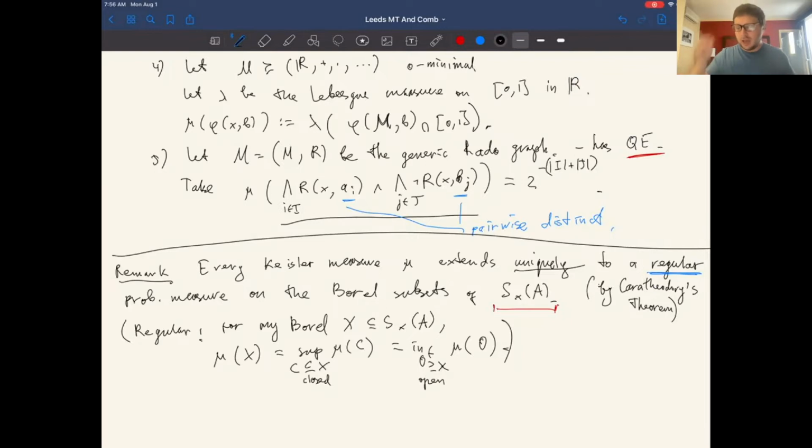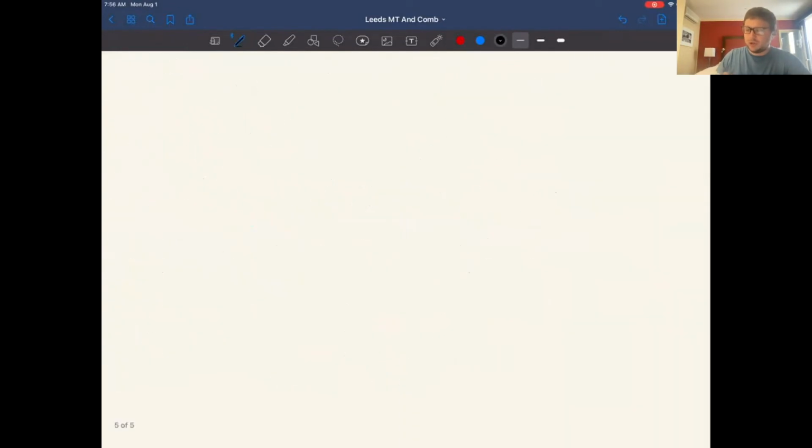All right. And in fact, this gives us an affine homeomorphism between the space of Keisler measures and the space of Borel measures on the space of types. So this duality sometimes comes into the picture, but I just wanted to point it out. Okay. The last property, I guess, of the collection of all Keisler measures: they also form a space themselves, naturally.